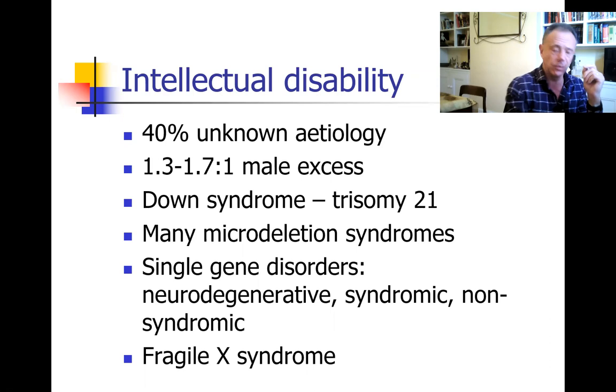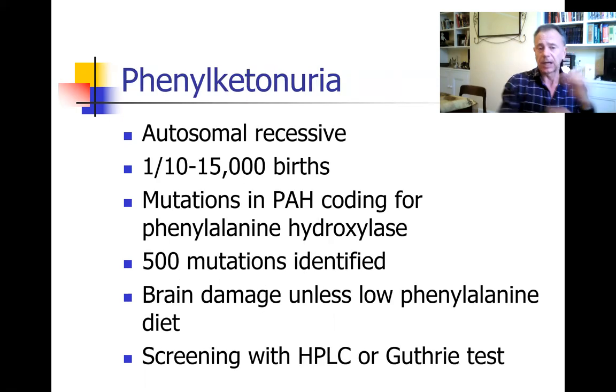So I'm going to show you a few examples that illustrate specific causes of intellectual disability. We'll begin with phenylketonuria, which from a genetics point of view is very interesting in a number of different ways. It illustrates a number of things. Phenylketonuria is a typical Mendelian recessive disorder. It's caused by mutations in the PAH gene, which codes for phenylalanine hydroxylase, and this metabolizes phenylalanine. You have two copies of the gene, and if both are damaged by mutations,